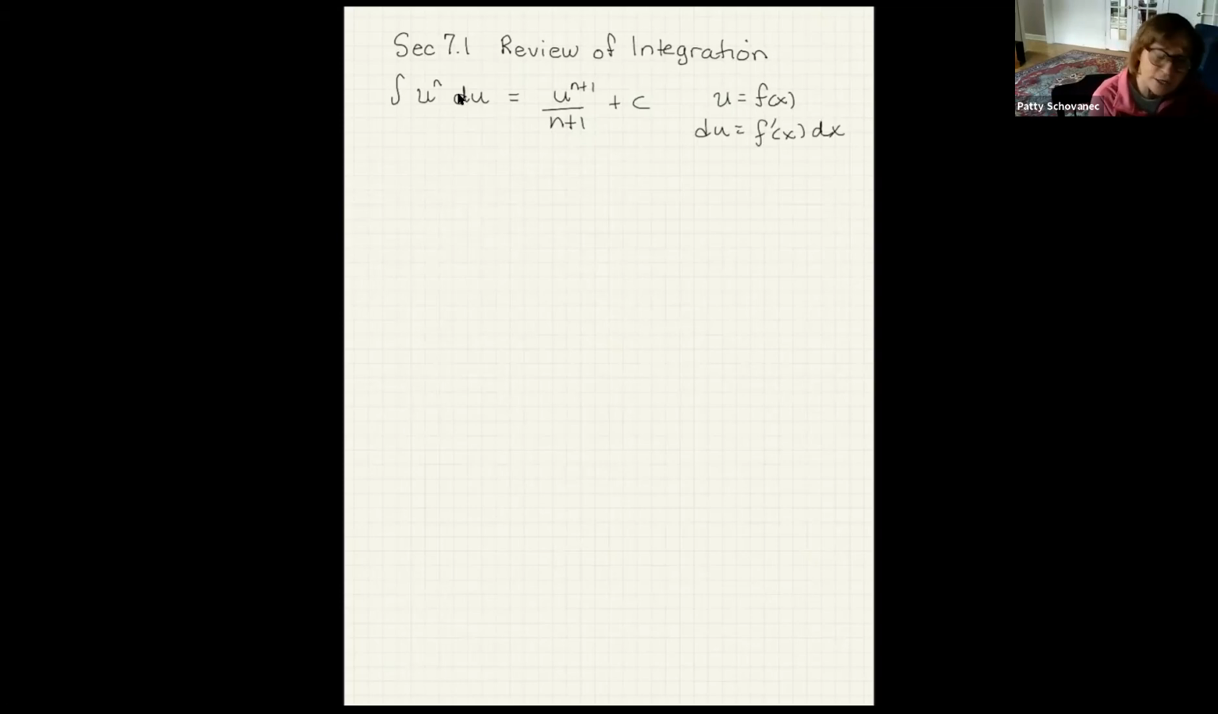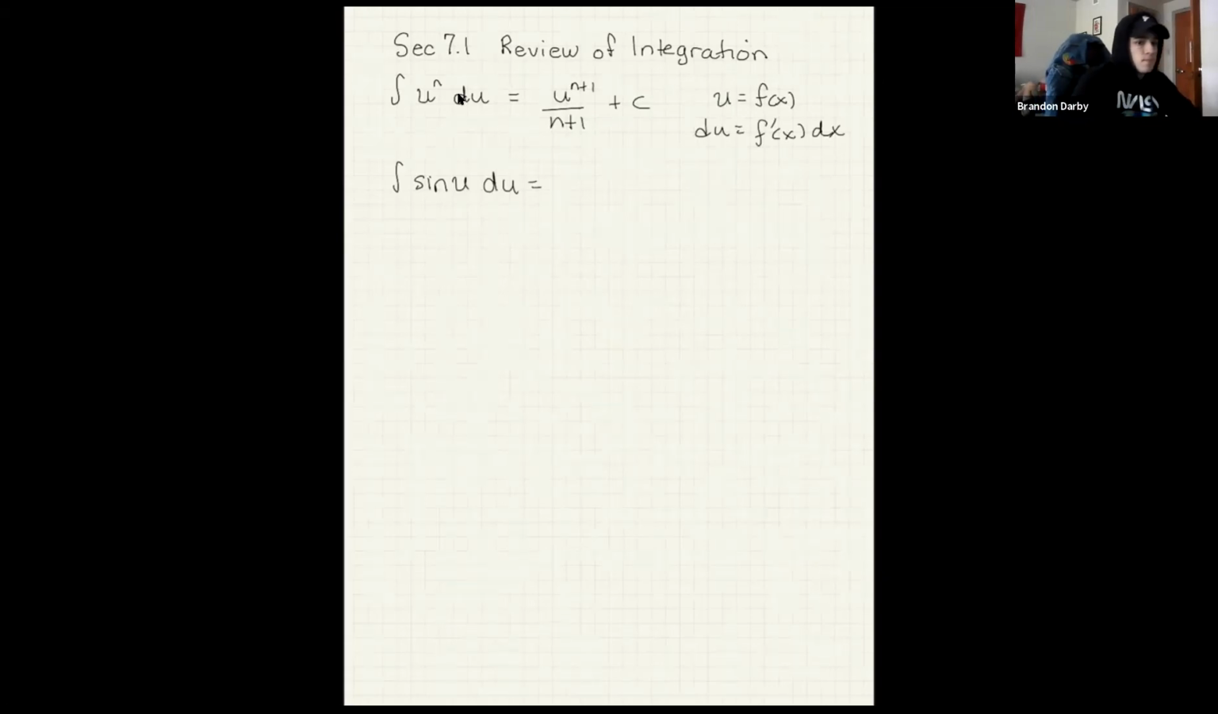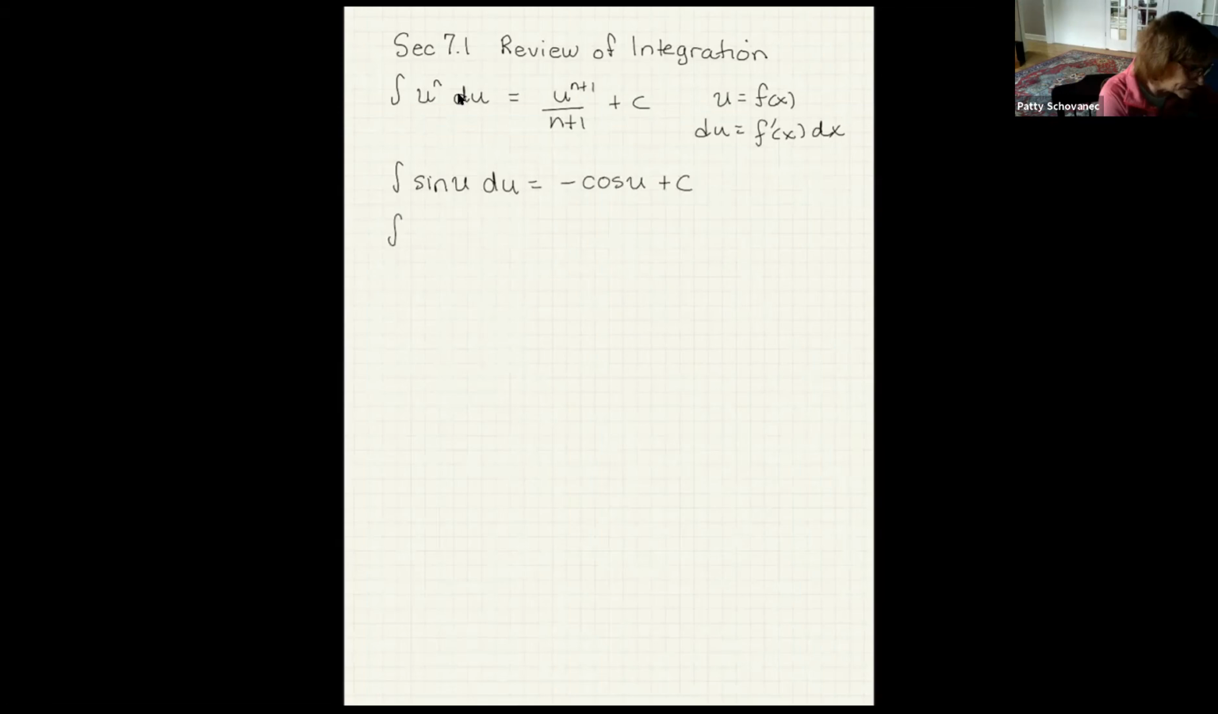Then you've got your 6 trig integrals. Most of us probably remember how to integrate the sine of u, but we always kind of get mixed up. Is that a cosine or is that a negative cosine? Who remembers? Negative cosine. Good job. And then the integral of the cosine is a positive sine. Then we had the integral of what? We had the integral of